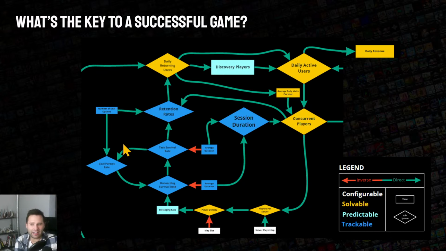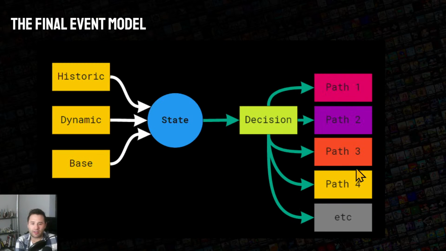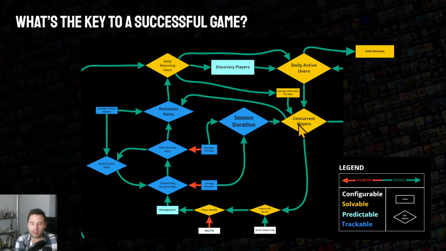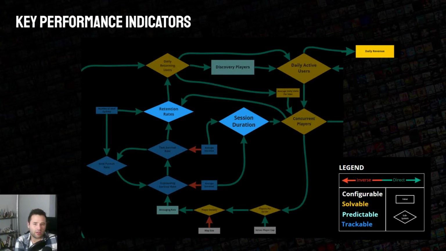Like, yeah, we can get, okay, they go down certain paths, but going down certain paths does not necessarily translate into going down more paths. It does not necessarily translate into spending more on certain paths. You have to translate the paths taken by players into something which is compatible with this. And that is where you solve for KPIs, key performance indicators.